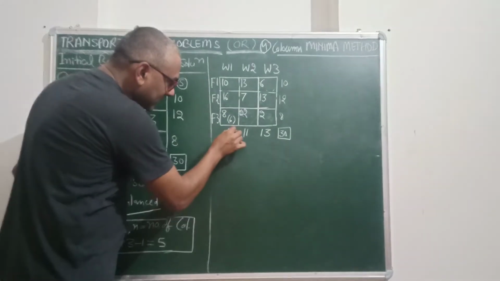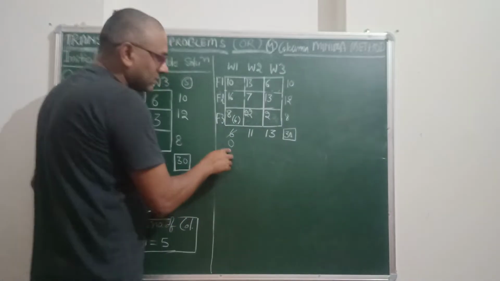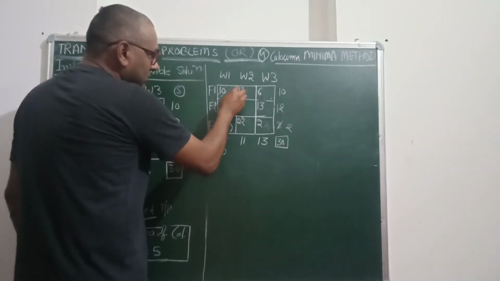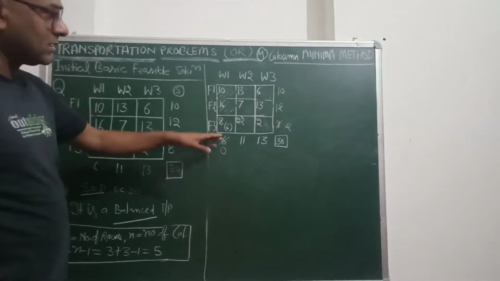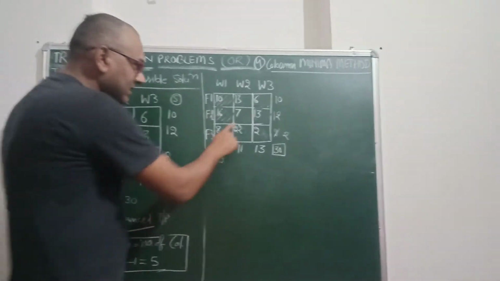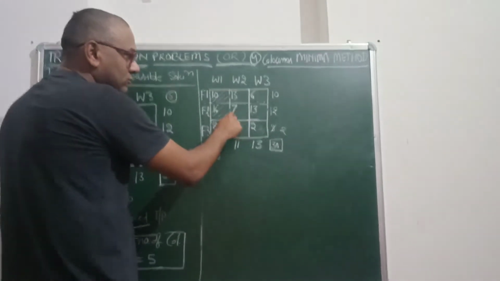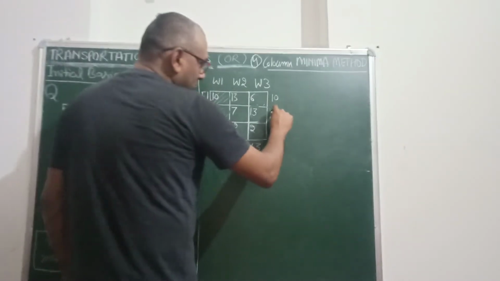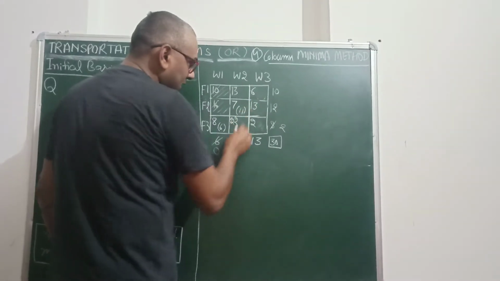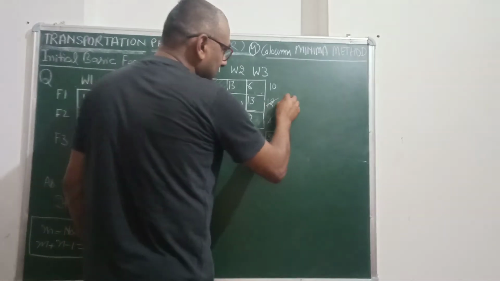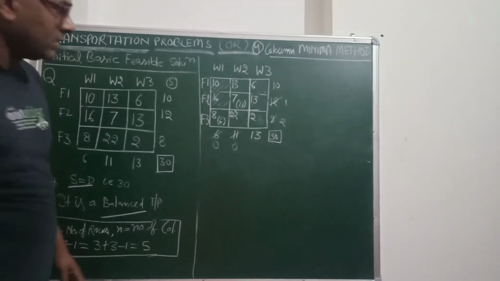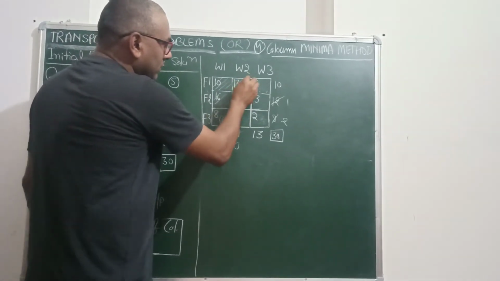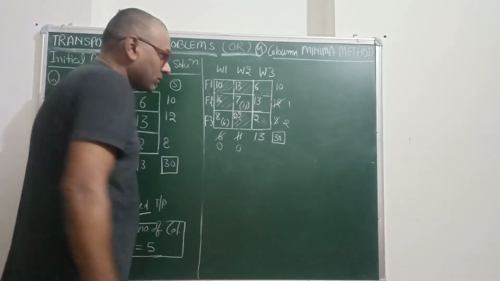Okay, now you will see that after allocation of these 6, there is nothing remaining here, and the remaining balance here is 2. So there is no more allocation available for this cell. Now moving to the second column, 7 is the minimum unit cost value, so allocation has to be made to this cell. Again, the demand is 11 and supply is 12, so we will make an allocation of 11 here. Demand remains 0 and the value remaining here is 1. Again the demand for column 2 has been fulfilled, so no further allocation can be made, so we are ignoring these 12.